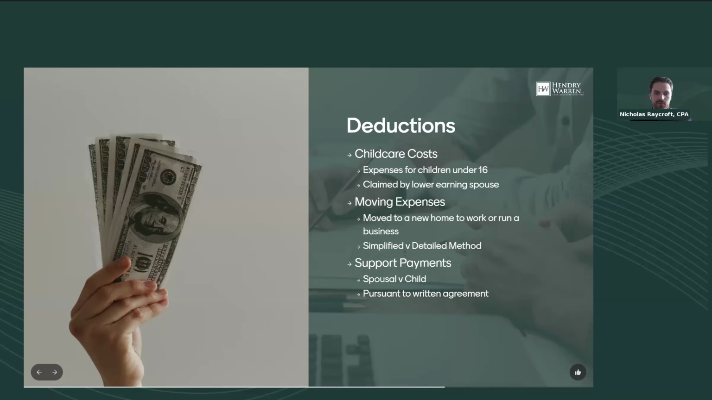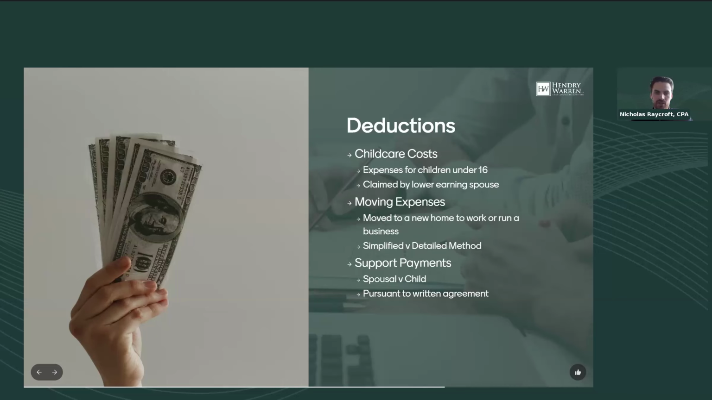But if you're moving from, say, Ottawa to Toronto for a new position with a new employer, those expenses would likely be eligible. Similar to home office expenses, there is a simplified and a detailed method. The simplified method is more based on a prescribed rate for kilometers driven, as well as a set amount for meals per day, whereas the detailed method is based on your actual